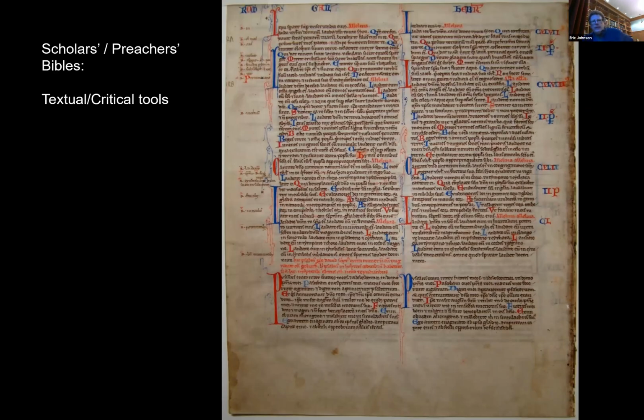Another genre will be scholars' or preachers' Bibles, and there are all sorts of different shapes this can take. There are lots of different tools that can be incorporated into these. So this is an example of a textual or critical